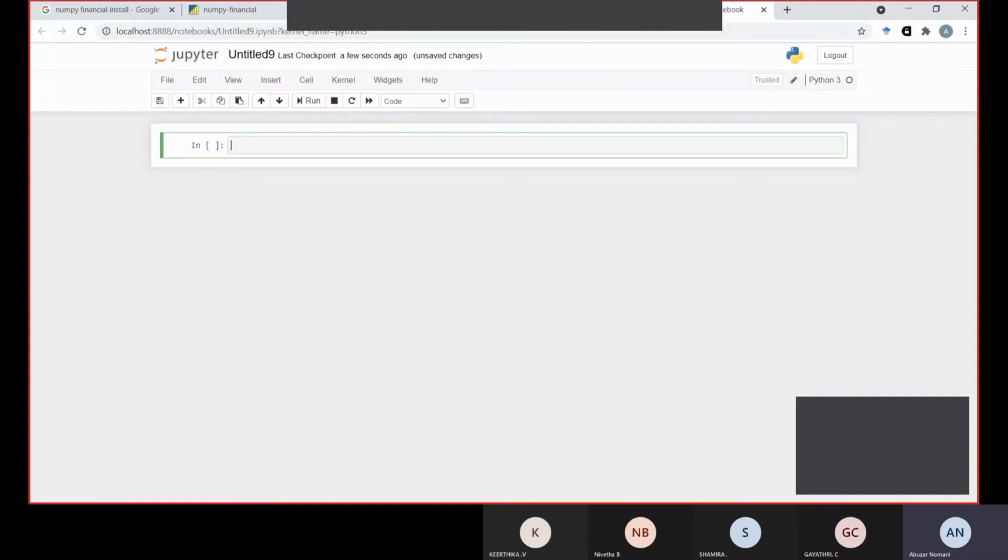Now we have to import it. After the installation, what do we have to do? We have to import numpy_financial as npf.